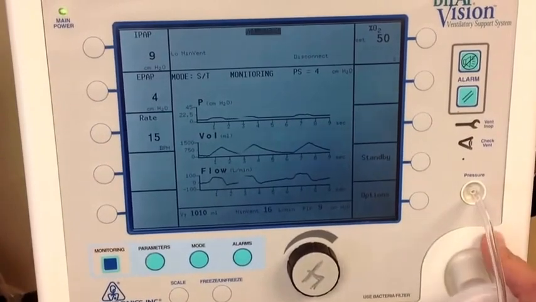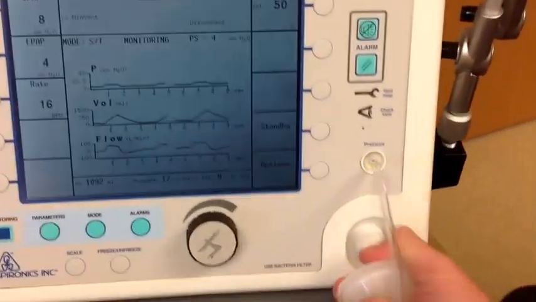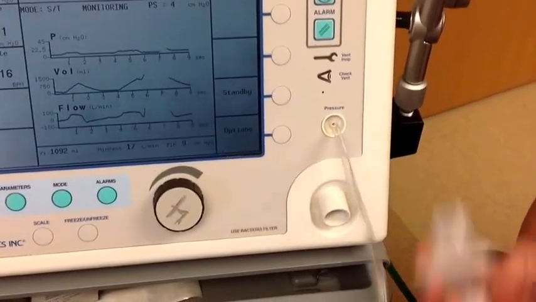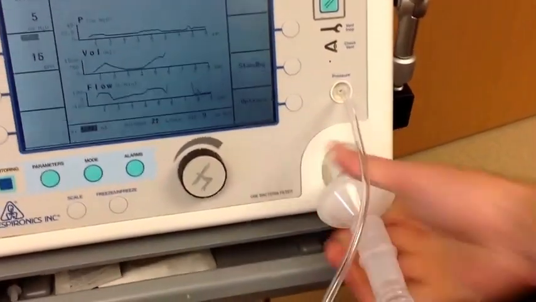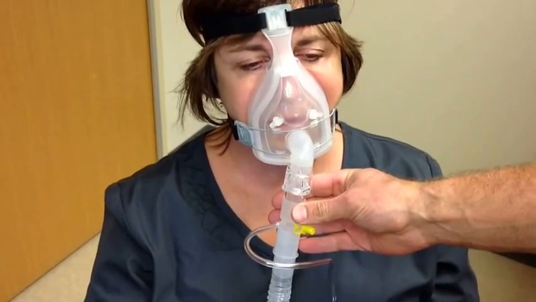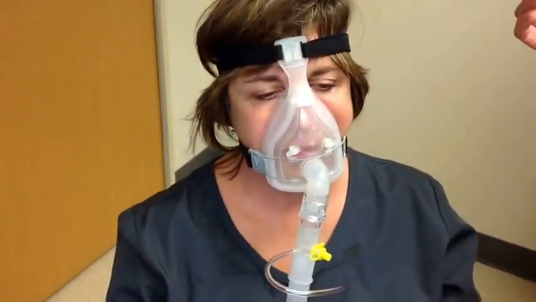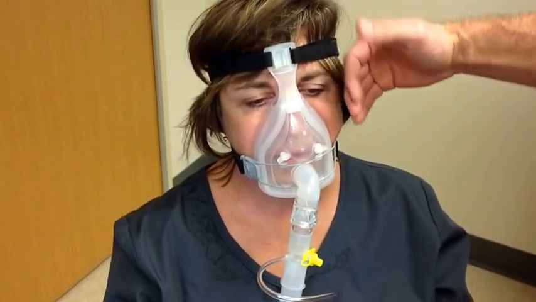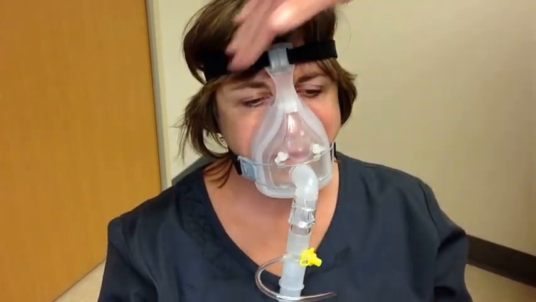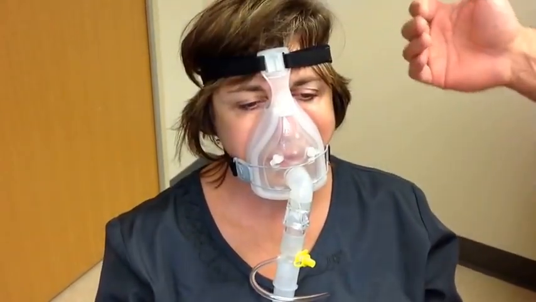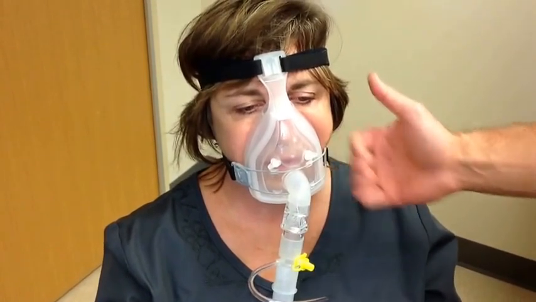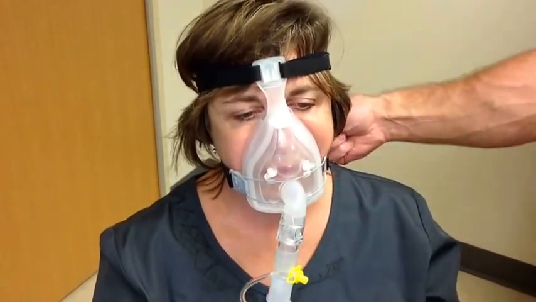Should the BiPAP have become disconnected, either right here or at the mask, right here would be a common place, simply reconnect it. Otherwise, in troubleshooting the alarms, generally it would be a mask leak, and just take your hand and go around the mask as such, and if you feel a leak, say right here, adjust the strap a little tighter